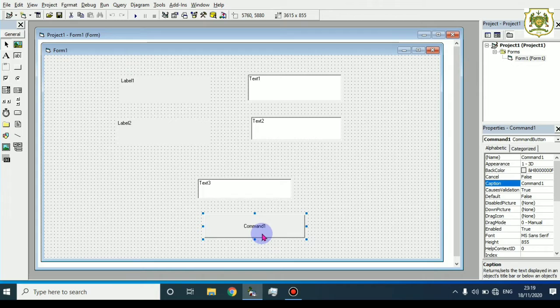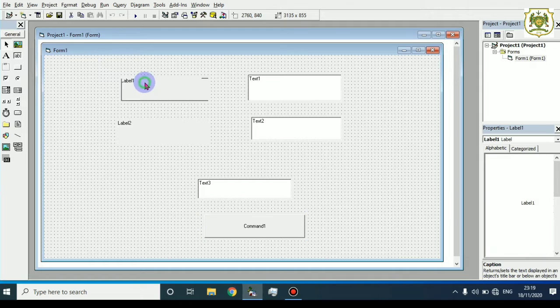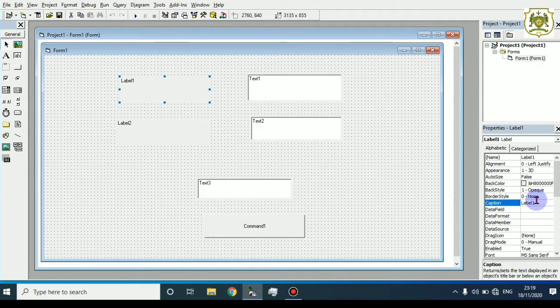Now after placing the controls on the form layout window, the next step is to change the properties of these controls. So we are going to change the properties one by one. First of all, clicking on label 1 and then changing the caption of label 1 to enter first number.